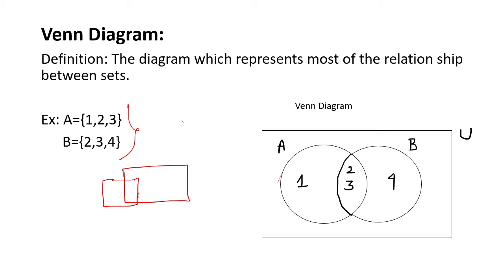Okay, you can write like this also, but see here there are some common elements, 2 and 3 are here, so I have to draw some common region for both sets. A set and B set, this region is the common region, so I can write here 2 and 3, because 2 and 3 are common in both sets. 1 is only present in A, so I have written 1 here. 4 is only present in B, so I have written 4 here, not in the common part. And this is always contained in one set, which is called the universal set U.